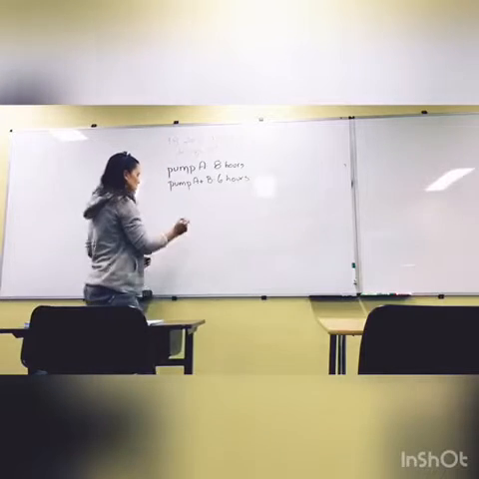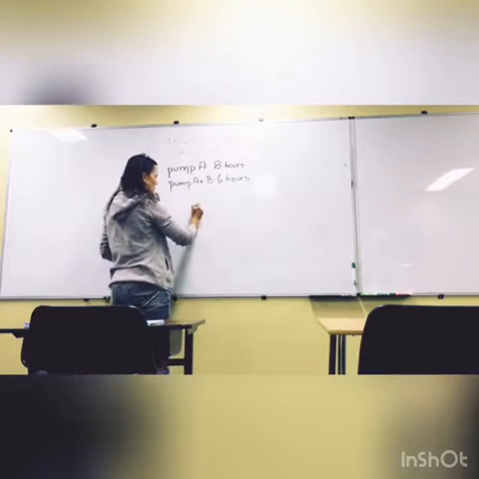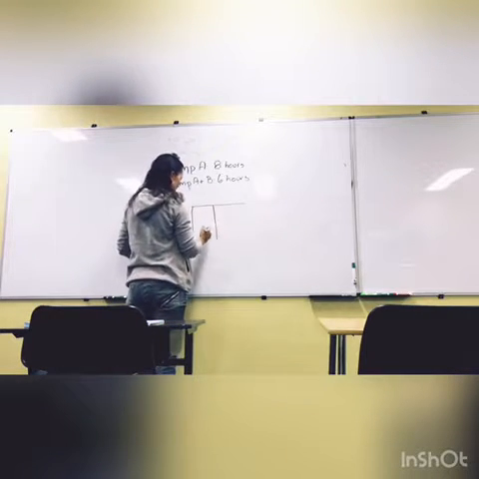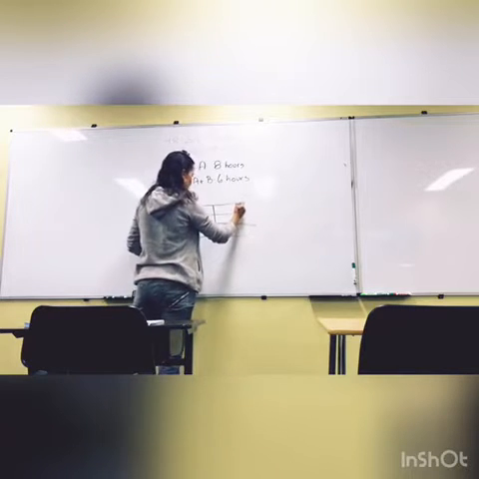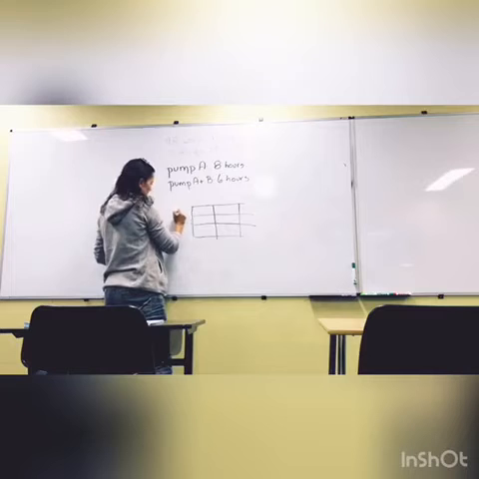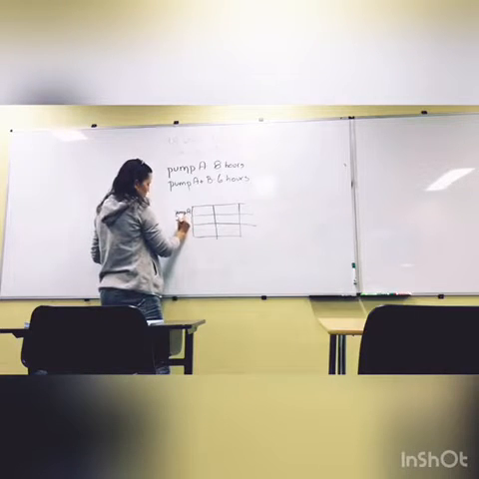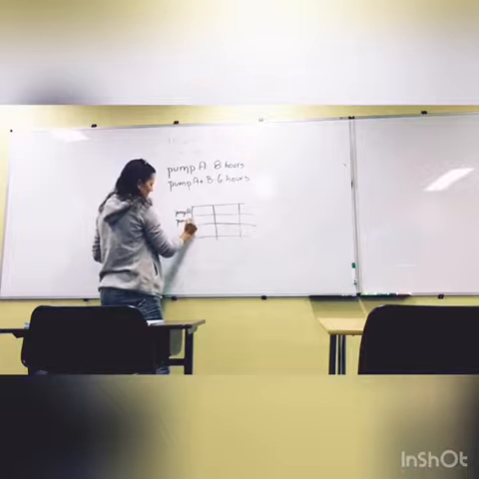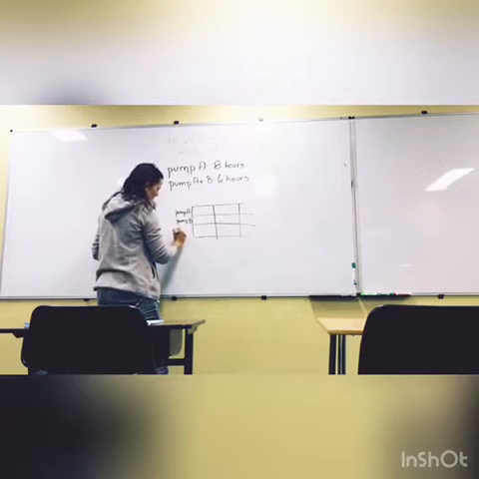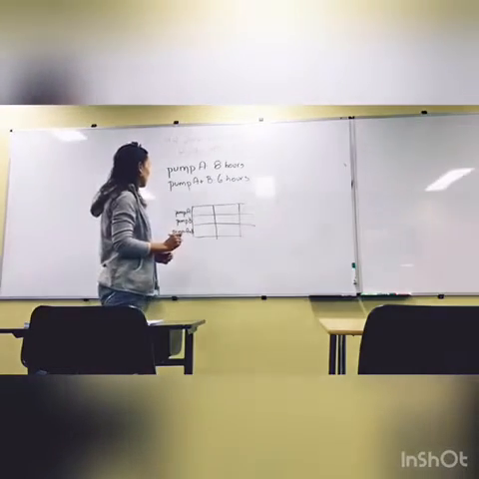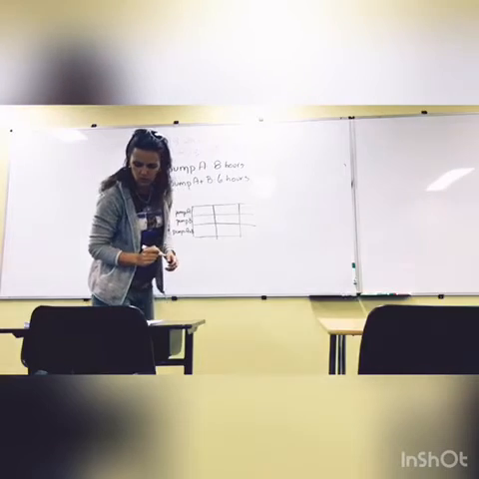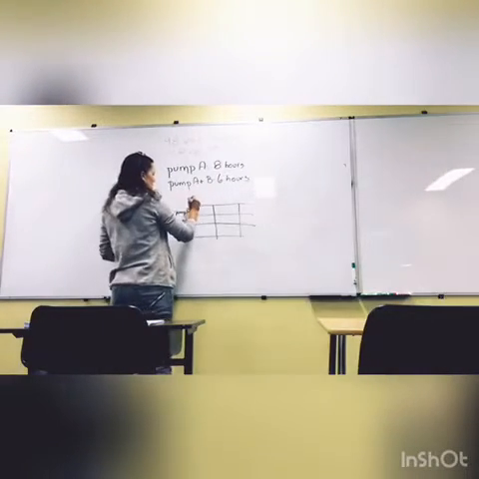So we're going to make a little table, and we're going to put all the information we have. So this is pump A, this is going to be pump B, and then we're going to put A plus B, okay? Now we're going to put total hours,